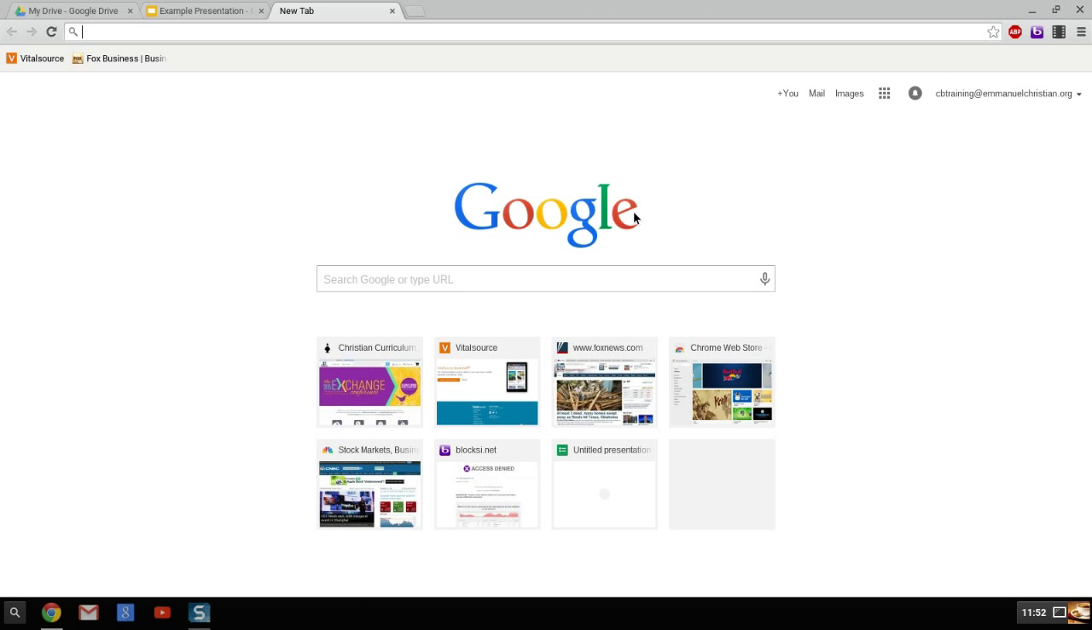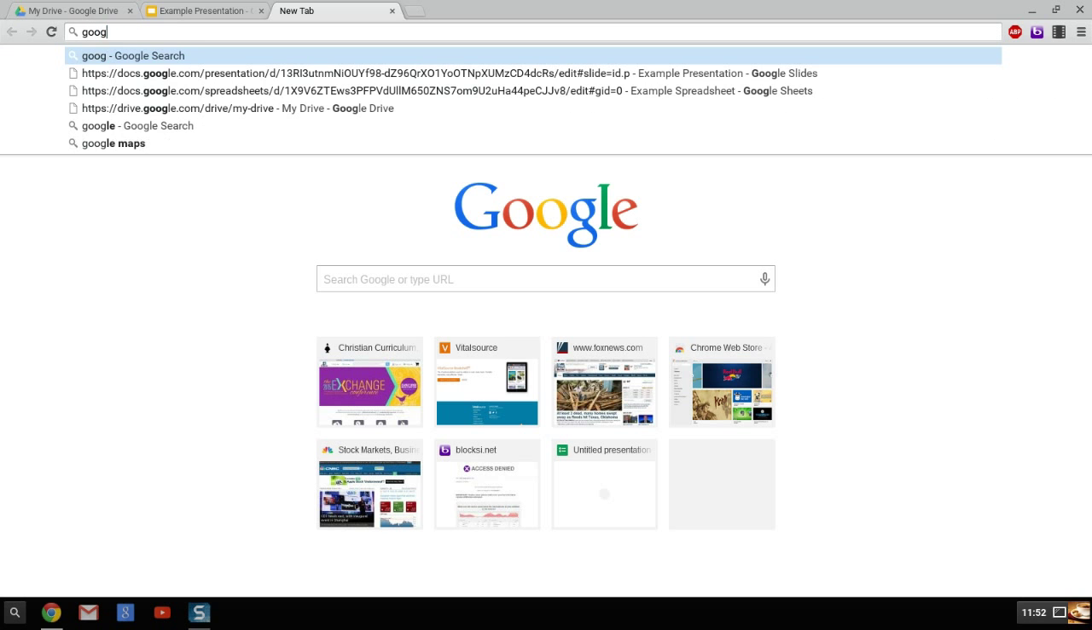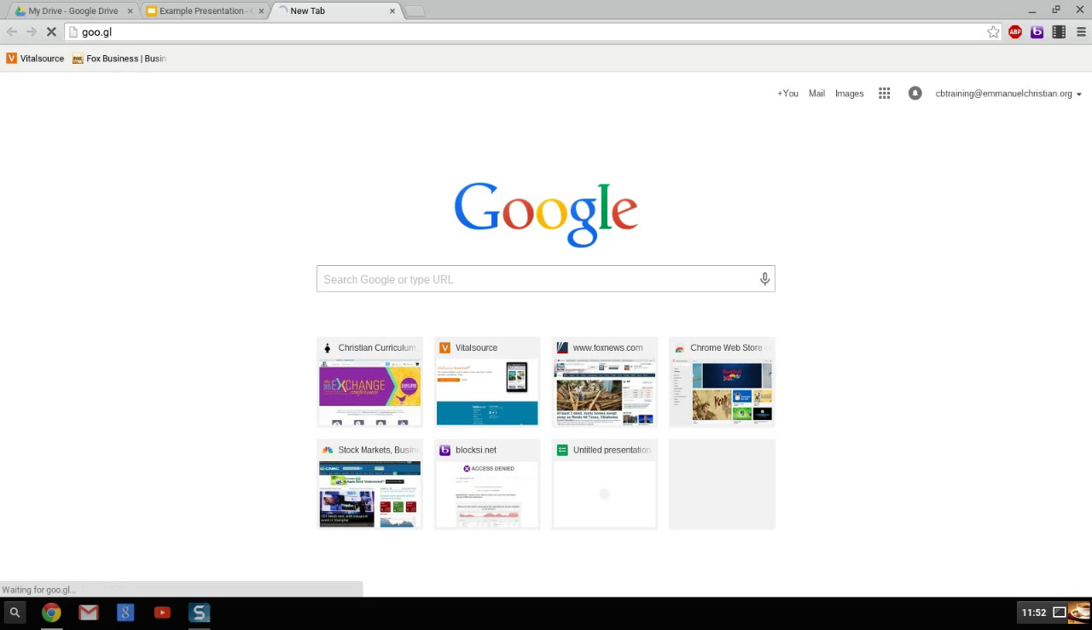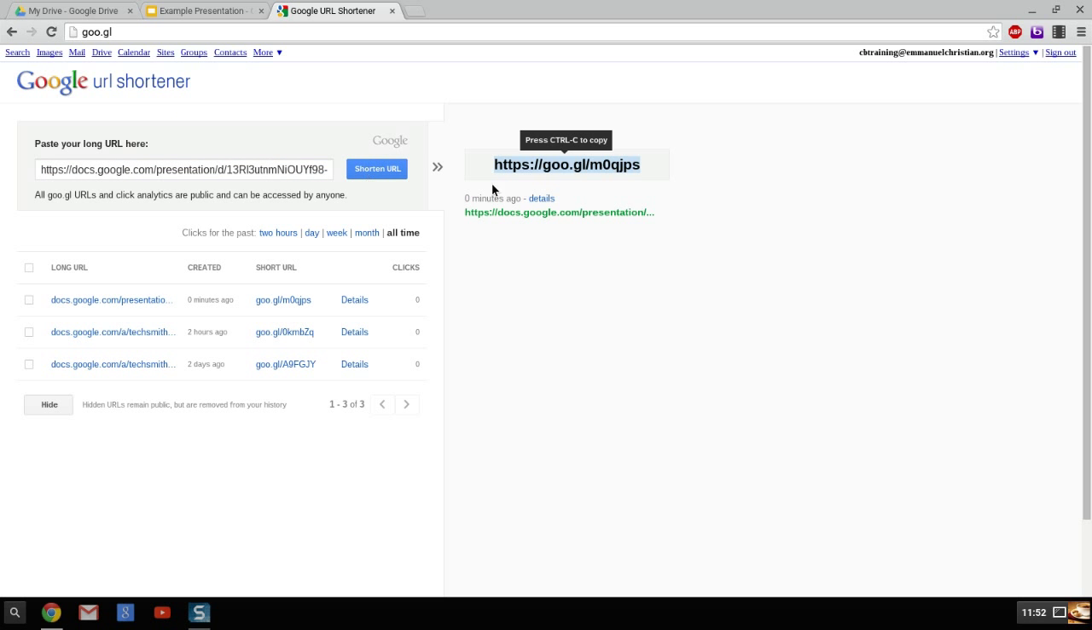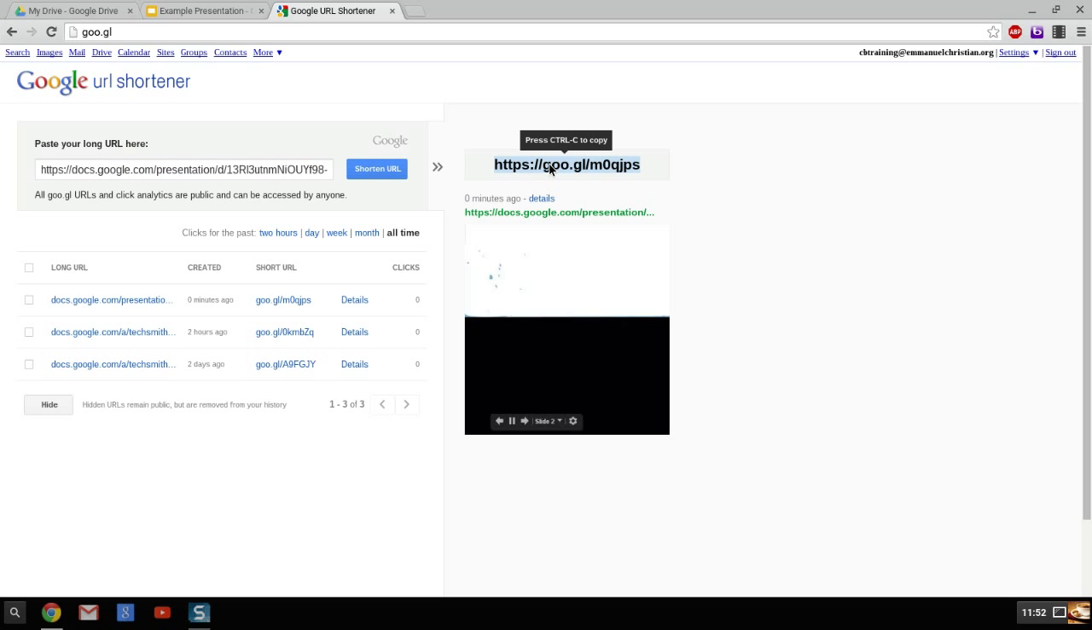The other thing that's a useful tool is goo.gl. This is a Google address shortener. It's a URL shortener. So what I could do here is I'm going to take my shortener, I'm going to shorten the URL so that rather than having that really, really long